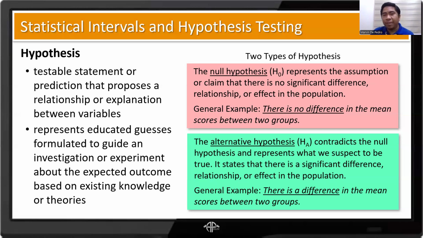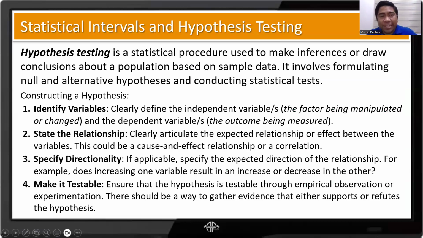For example, our alternative hypothesis normally has this phrase: there is a significant difference in the mean scores between two groups. So no difference, no significant difference, null. There is a significant difference, alternative. Now we do the hypothesis testing, which is the statistical procedure used to make inferences or draw conclusions about